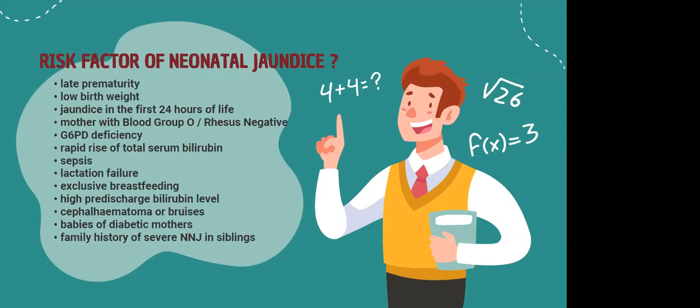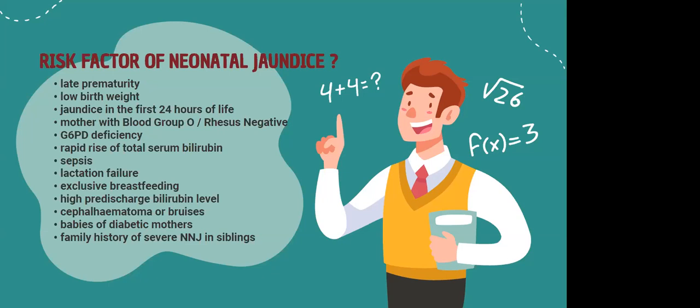Okay, next. It is important to identify babies who have a high risk of severe hyperbilirubinemia, as we are afraid that they will develop adverse neurodevelopmental sequelae like chronic bilirubin encephalopathy, also known as kernicterus. So babies who are more likely to develop severe hyperbilirubinemia